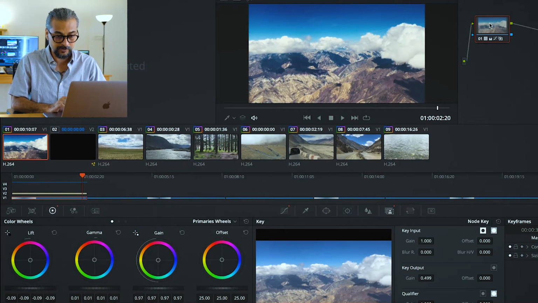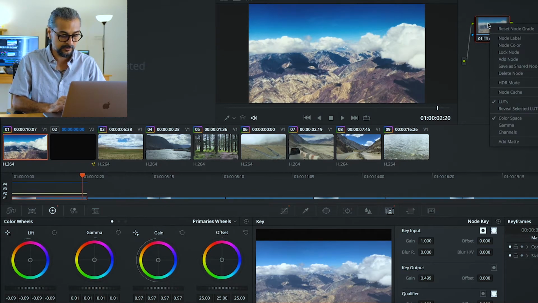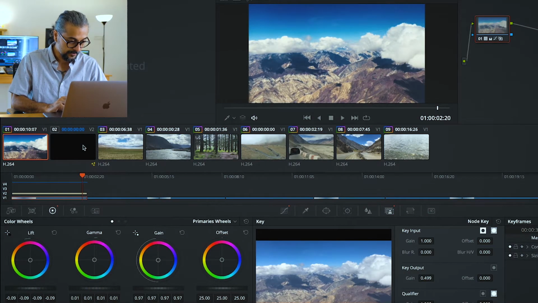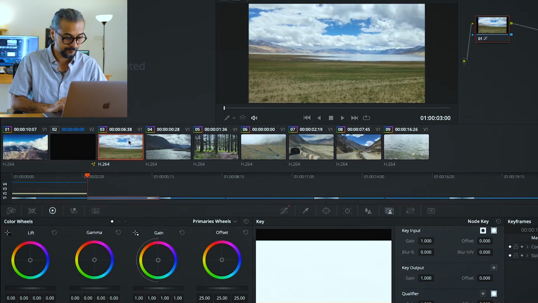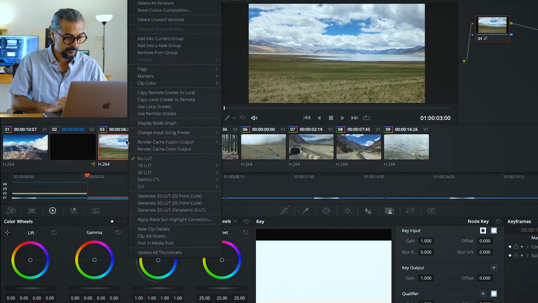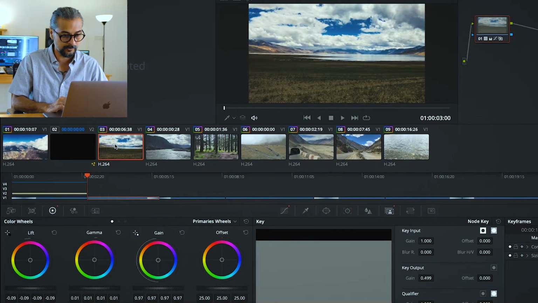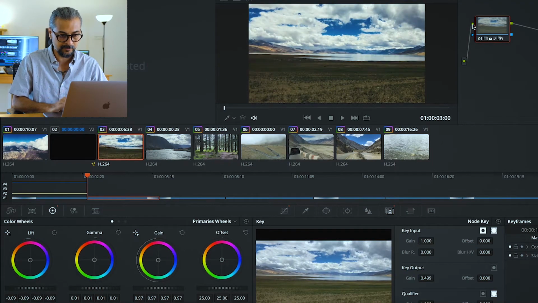And a quick and easy way to do that is to just press Ctrl C or Command C, just like your copy command, and then pick another clip and go in and paste it with a Command V or a Ctrl V. And right away, you can see the LUT has been applied, the changes have been applied. This is what the clip looked like earlier. This is after our changes.